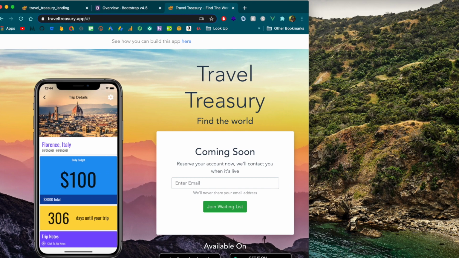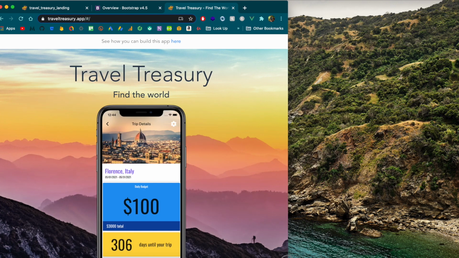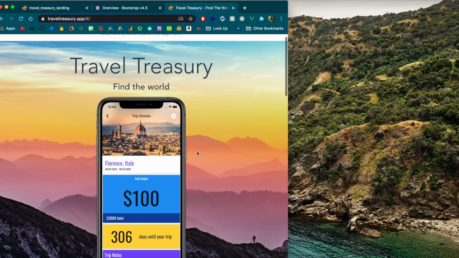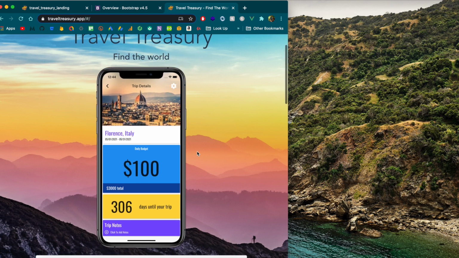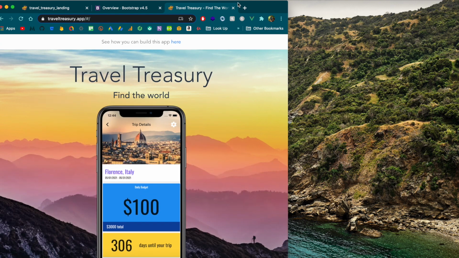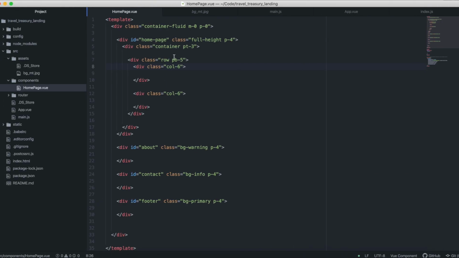So you'll notice when this shrinks down and it gets down to this breakpoint, which is the medium screen, it's no longer 2 columns, and now that column that was on the left is taking up all 12 columns of the row there. So to achieve that is actually very simple. You just define what screen size you want the column to be that size. So in this first column, this is going to be the left column, we're going to want to add that